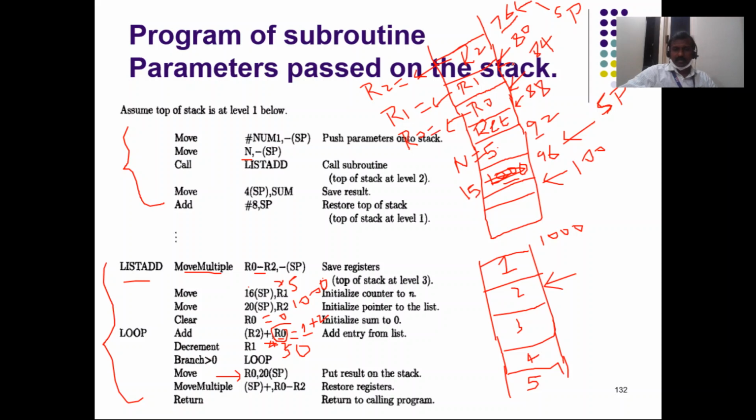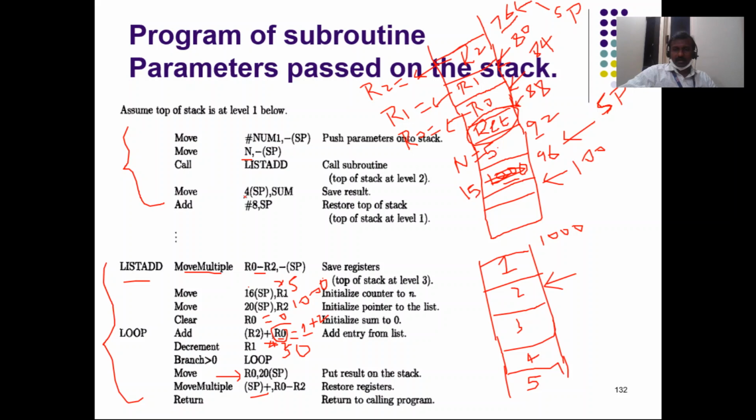Once you pop all these things, obviously the stack pointer now will come to 88. Okay, because you did move multiple, right? Move multiple means all these are moved from stack. Okay, and the stack is incremented, right? So it comes down. So finally when you pop, you get the return address. So the control will go back here, right? Control will go back to here, and after coming back here, what we are doing, move